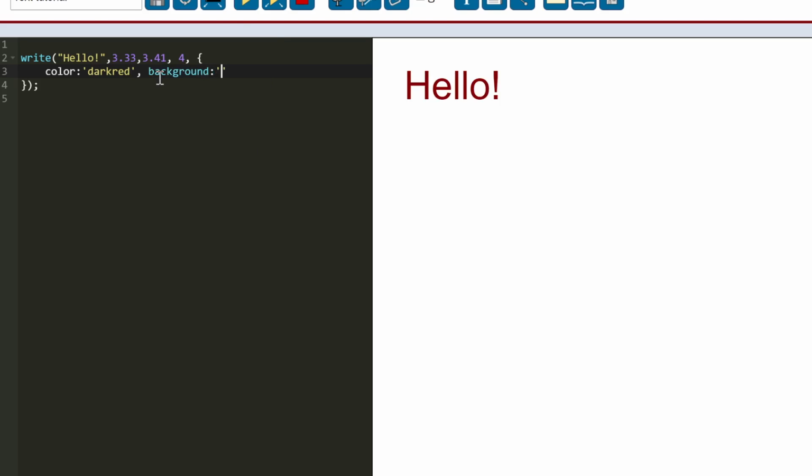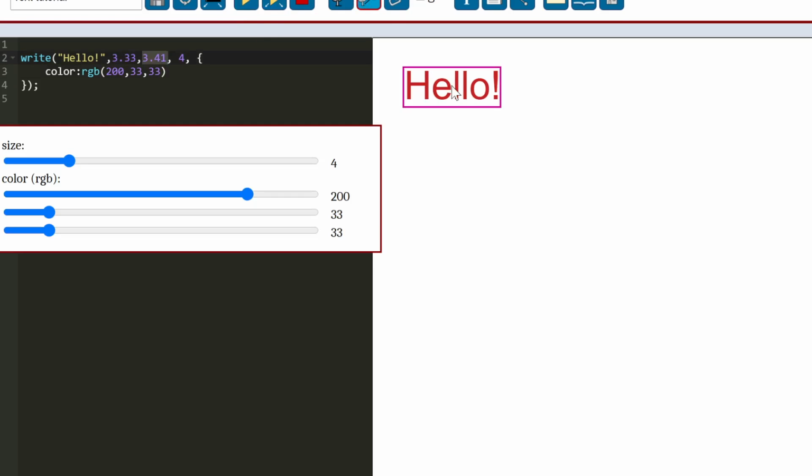We can also change the background. For example, we can have a black background for our text. We can also use RGB values for the color. And one advantage of that is that you now have a little bit more control over the exact color of this text. In fact, you can use the live edit functionality, for example, to change exactly how this text is